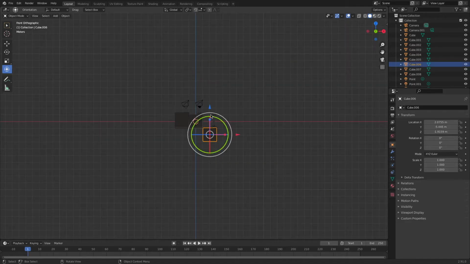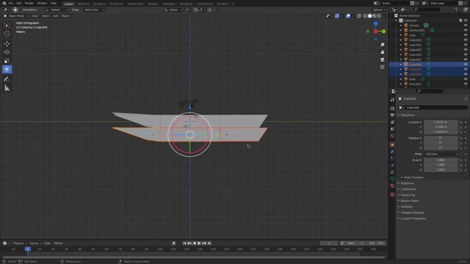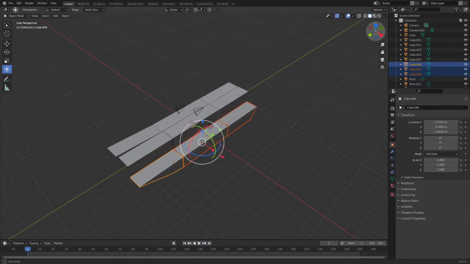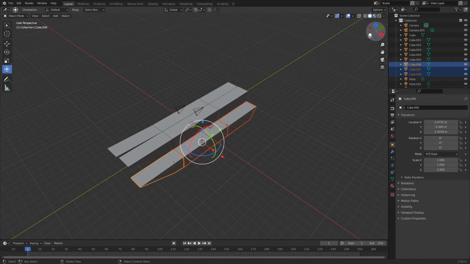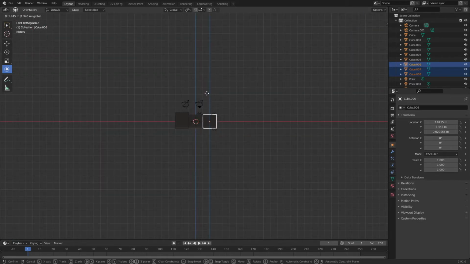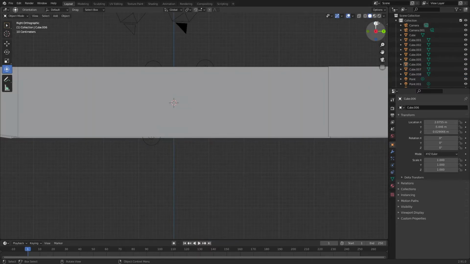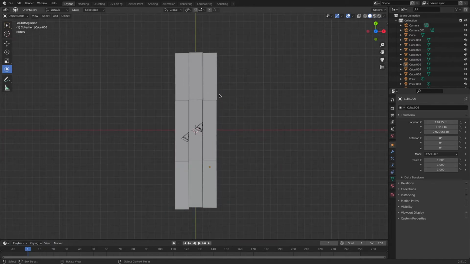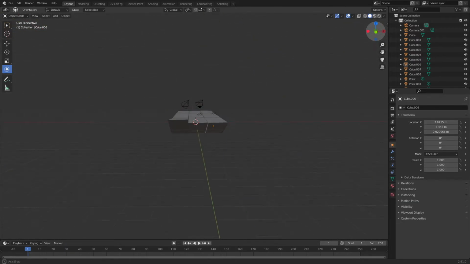So now I will align it with the aircraft carrier. Okay, now I'll select all the 3 and move it a little up so I could align it. So now you can see it is aligned. So now you can see